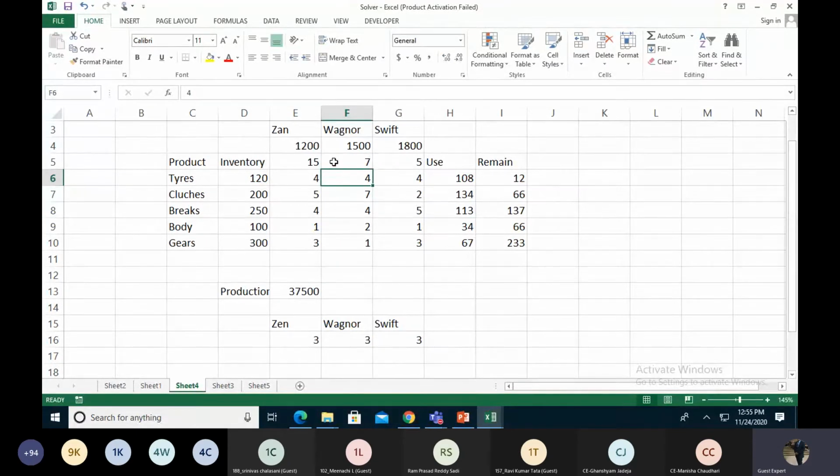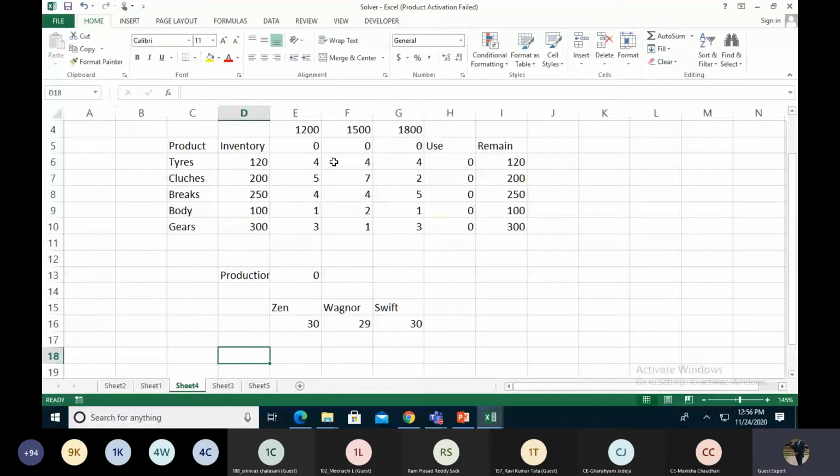So right now we have an inventory where we are creating 3 Zen, 3 Wagoner, and 3 Swift Desire. So obviously we need that. My tire is not enough to make more cars, even though the clutches are not more, and even the body is not more. So also make this kind of analysis between the car companies.